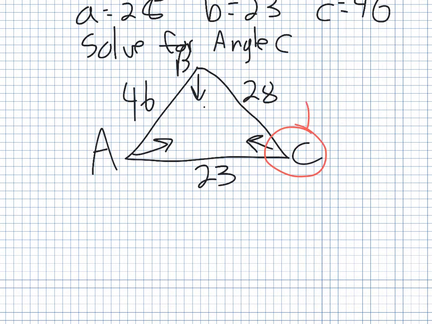So again, we work with the containing sides. For the cosine law, we always relate the containing sides and the contained angle. I call the containing sides C1 and C2. So the formula when you want to figure out an angle is you use cosine of the angle that you want to figure out, theta. Cosine of theta equals,